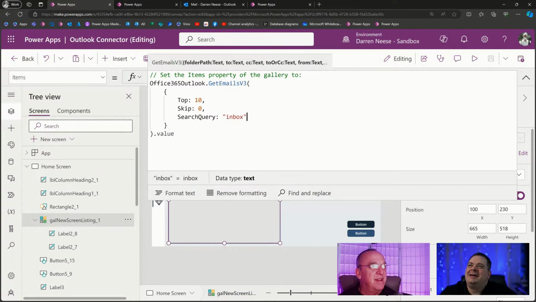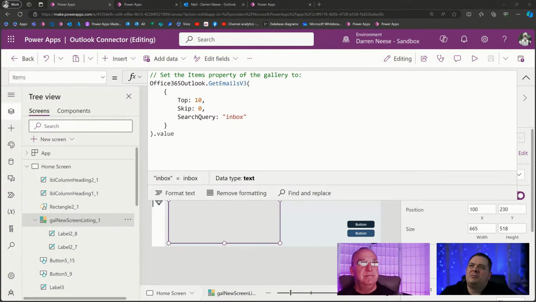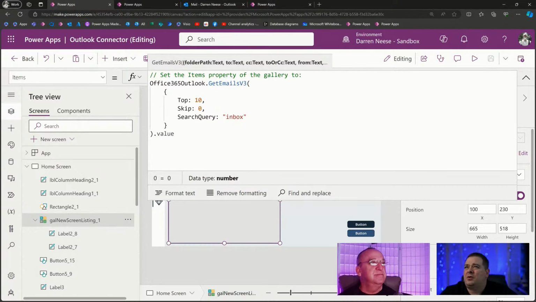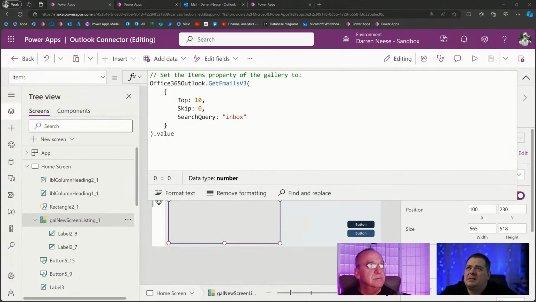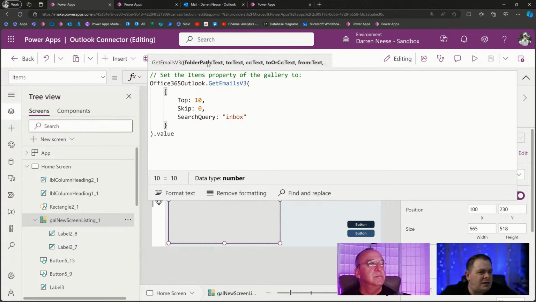Okay, so I'll give you a description of what these things mean. The top 10, of course, is just going to give us the top 10 emails that it finds. Skip 0 means it starts from the first email. You can use this for pagination. That's sort of cool. I like that. It's very cool. Search query. So we specified inbox. It specifies the email should be retrieved from the inbox. And I almost would have thought that would have been the folder path. But